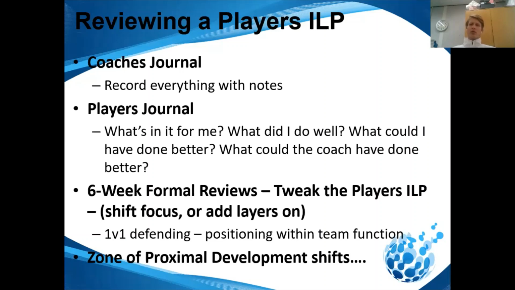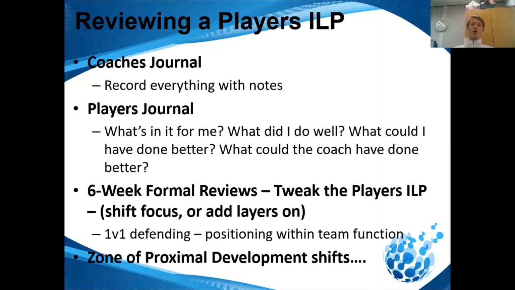Then I've got six-week formal reviews. So it's important that you take the time every six weeks to sit down for 10 minutes with every player. You'd be informally reviewing things on game days and training and giving debriefs, but it's important you give one-to-one time in a calm, controlled environment to sit down and chat with each player. So whether you do this before training nights, whether you attend a gym session and pull players out of their gym session for 10 minutes, that's the way we did it at London. Also before and after training, a few players each night.